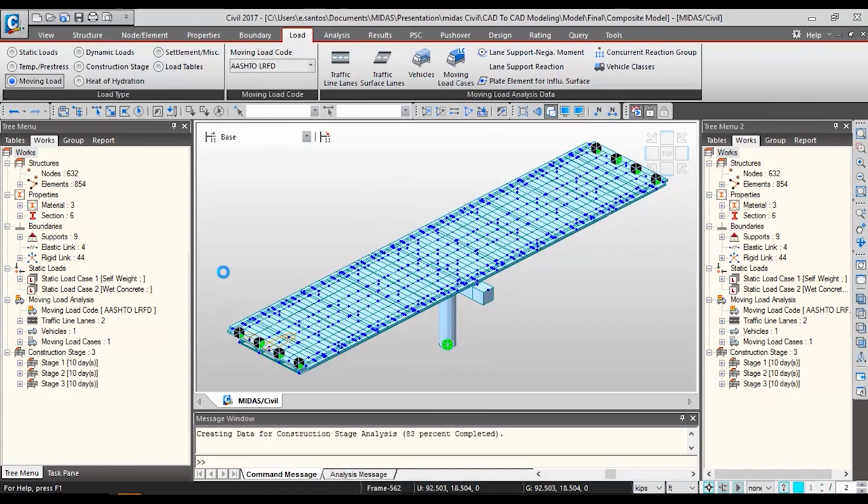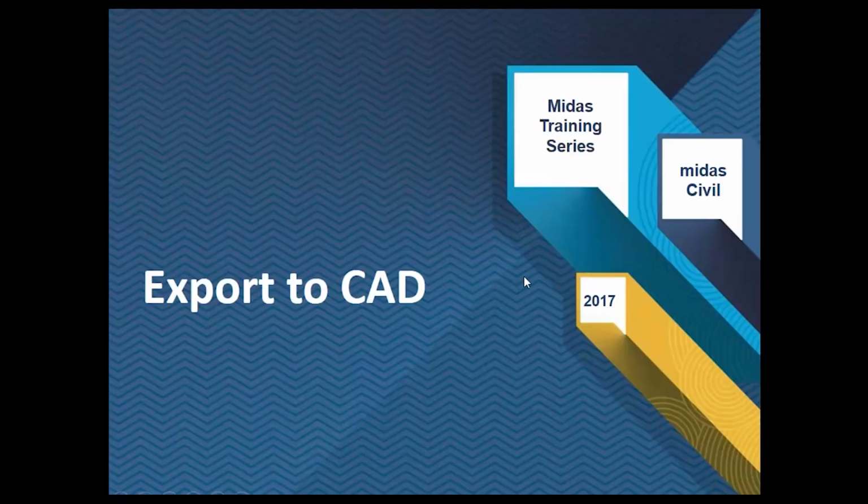Let's just run it. Then after we finished, I'm not gonna go over in detail into the analysis portion. When we're done with this model, we can simply export it to CAD in order for us to show, let's say you want to present a project and you need a rendering of the model, and you don't want to use MIDAS as the rendering. You can simply display it using CAD functions, such as the ones that I'm gonna show you now,